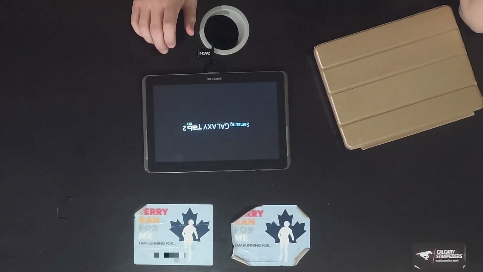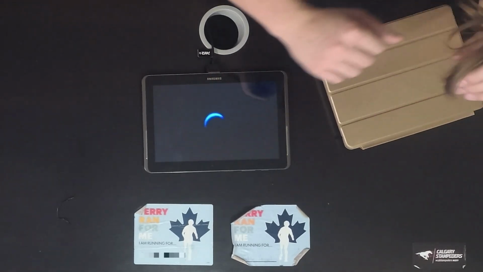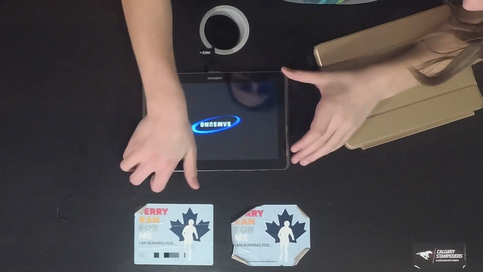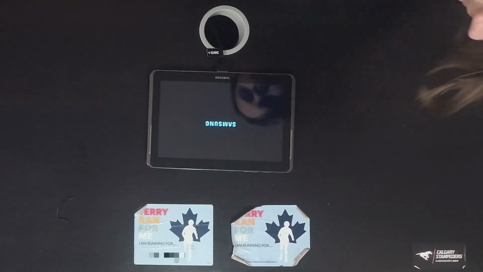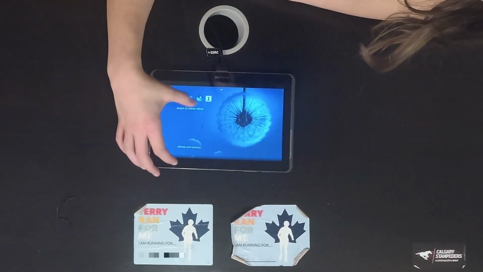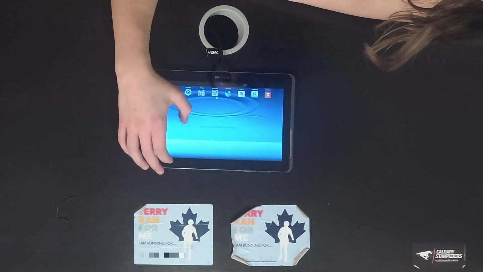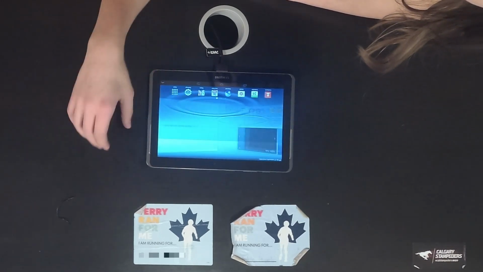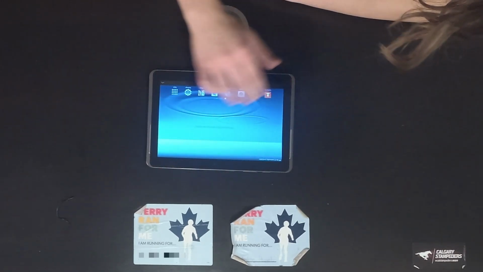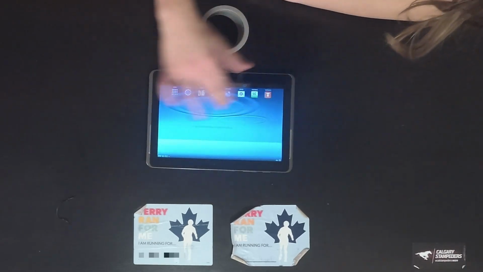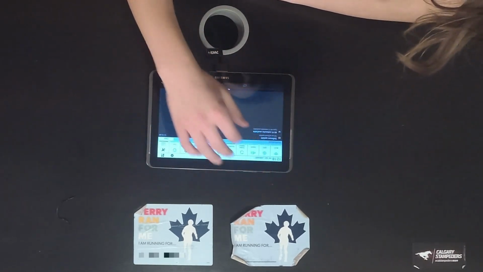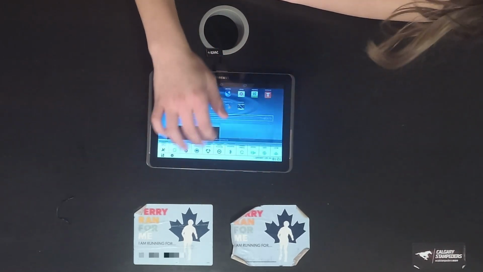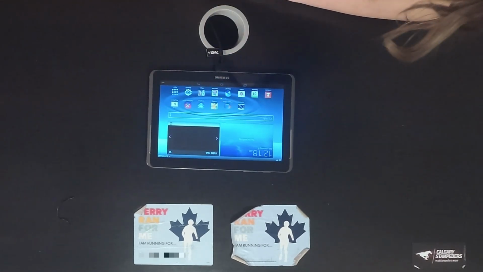Good. Oh, that's a fun chime. Wow, I haven't seen... Well, first of all, it's quite a laggy device. But I haven't seen a device that looks this old in a while.